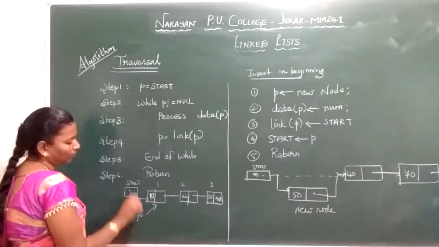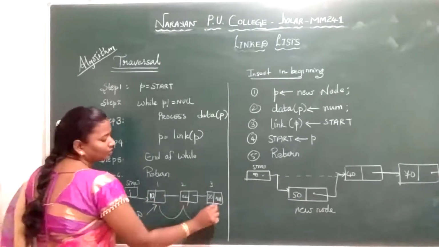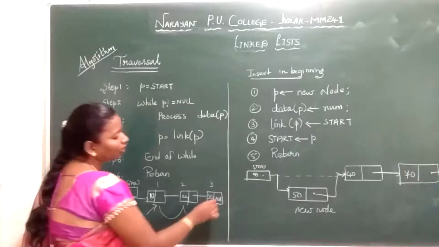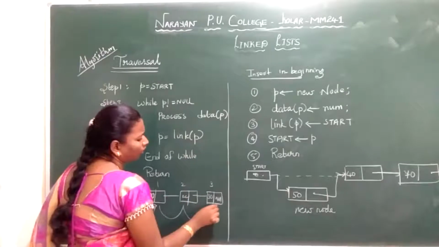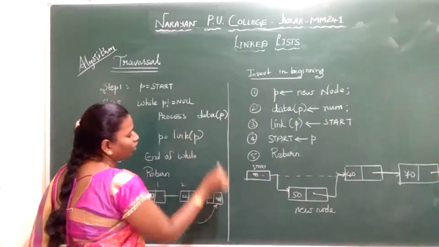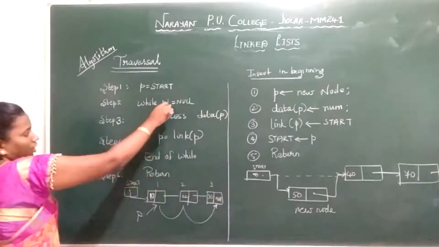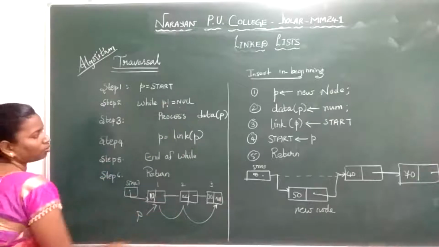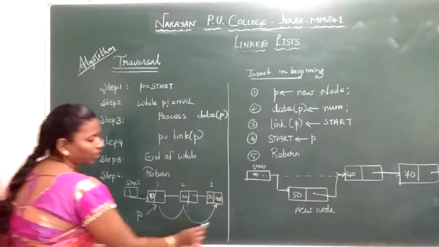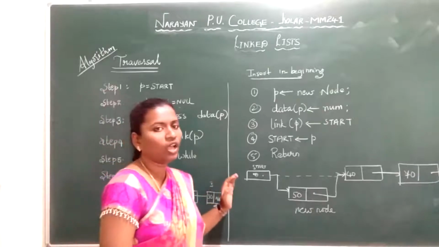Now my pointer P has the starting address, and I went to this node. Now I am visiting the next node, then the third node. So at the third node, what is link of P? My pointer is pointing here, and the link of P here is null. So P is null. The loop only processes while P is not equal to null; when this condition fails, control comes outside the algorithm. Like this, we are traversing the linked list. Okay, this is about the traversal of your linked list.